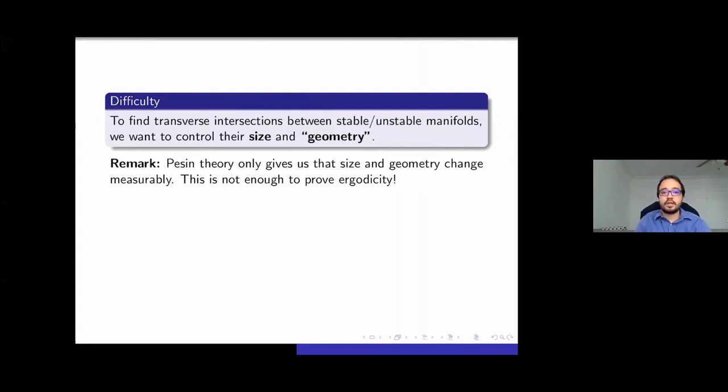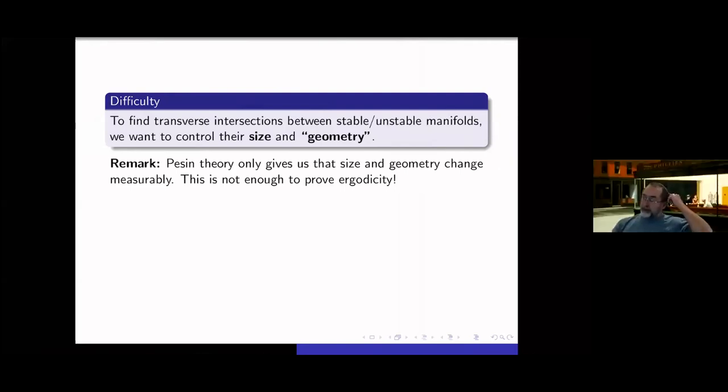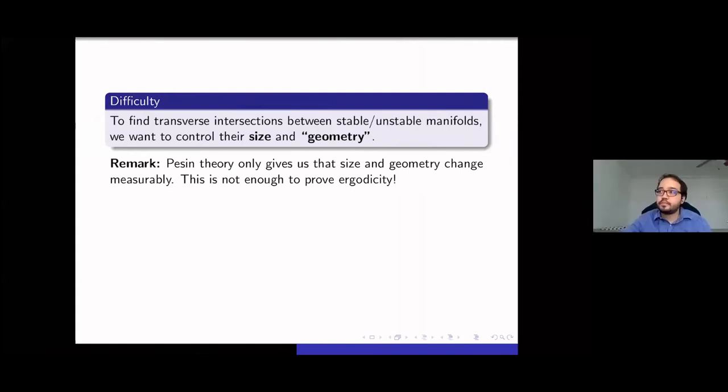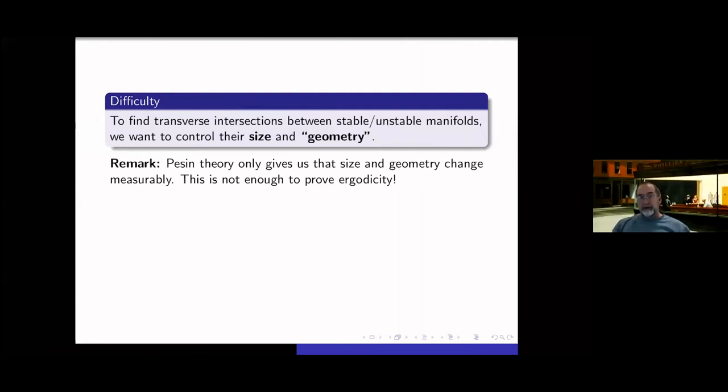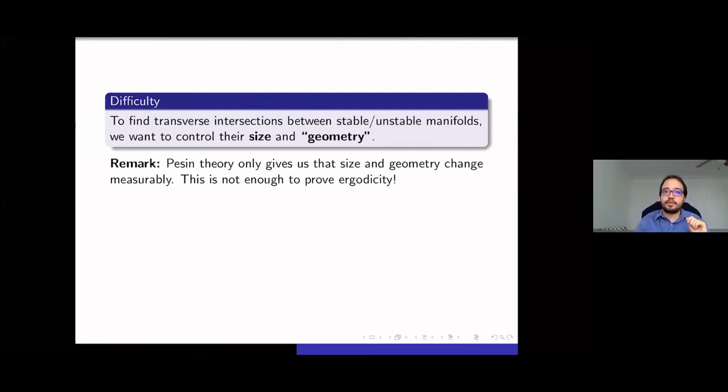But can I ask, if you have control of something like, what do they call them, cone structures? Does that guarantee the good angle and the good length? So that would guarantee good angle. For example, if you're in a setting where you have what is called dominated splitting of the Oseledets directions, this solves part of the difficulty. This will solve the part of the angle. And then you have to work with the size part.